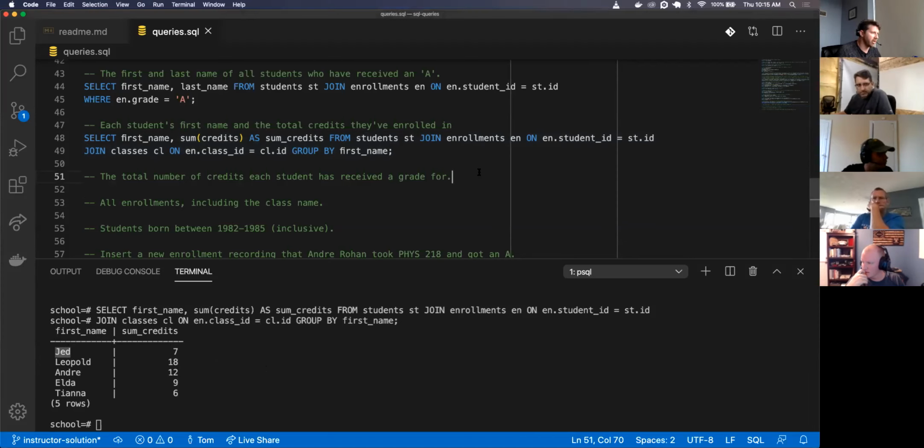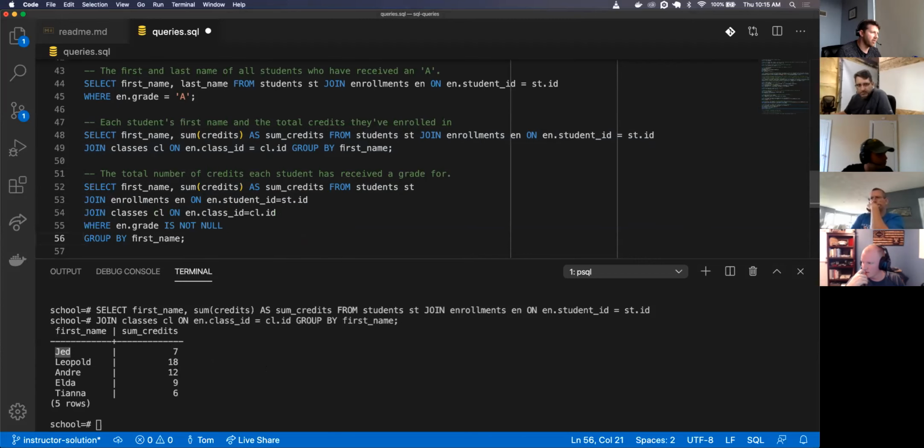So a total number of credits each student has received a grade for. Select first name, sum credits as sum credits from students, enrollments, grade, so that have not received a grade for, oh no, is not null. Yep.